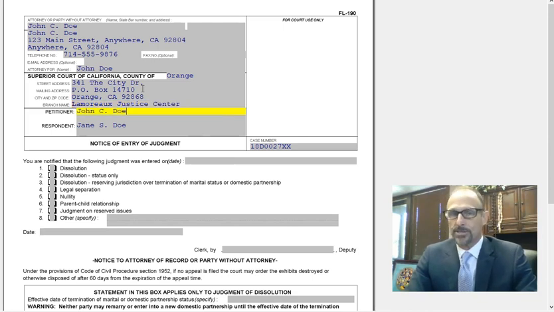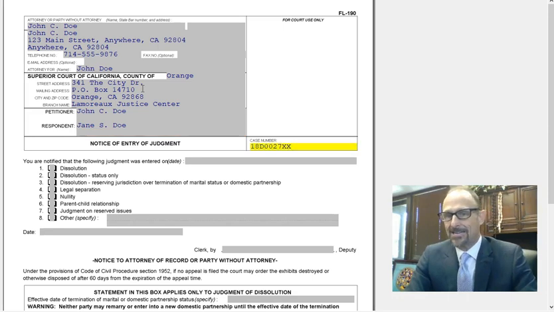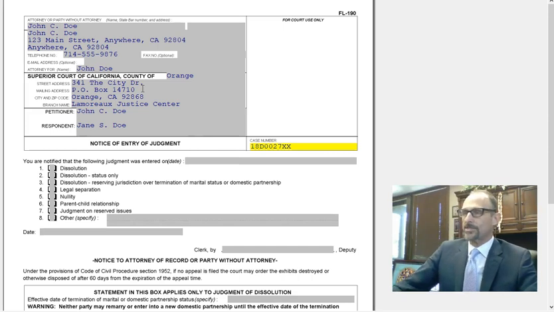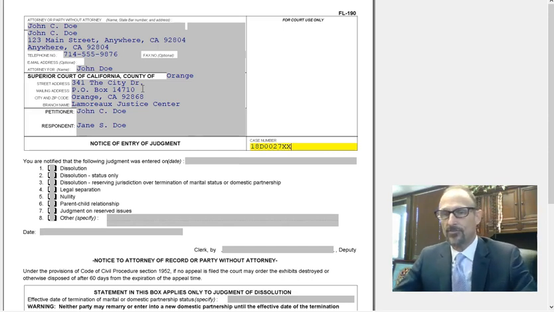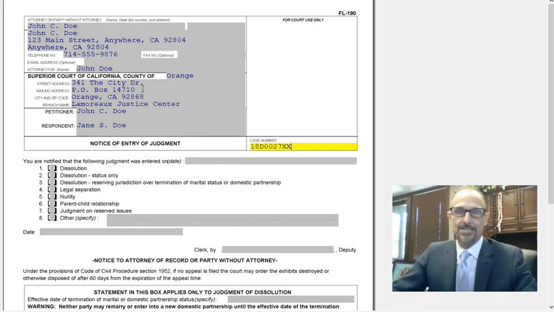Then, of course, petitioner's name, respondent's name, and then the case number off to the right over there. This case number will look different than yours if you're in a different county. Each county has a different way of doing their case numbers,